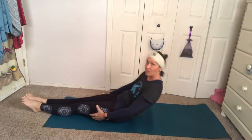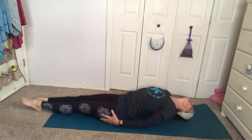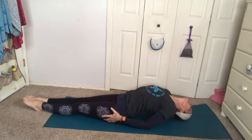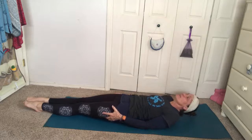This is called the fish. So lie down. Then you're going to prop yourself on your elbows. Put your head all the way back like that. And that's called the fish. The big fish, or fish mouth. And sometimes people do this, but I think we should just stick with our elbows down and our head back. And point your toes in front. Nice. Now carefully bring yourself back and let's reach up and come to a seated